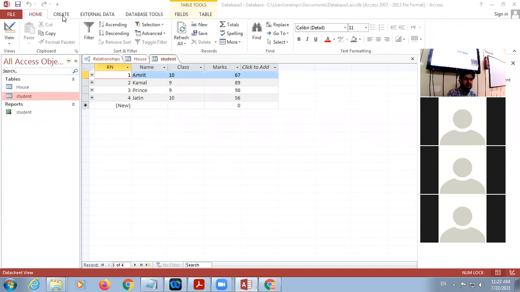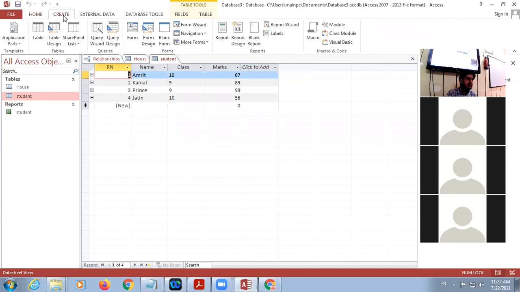Okay, students, if we click on Create, in the Create tab there is a Queries group. So here are two ways to create queries. One is called Query Wizard and another is called Query Design.